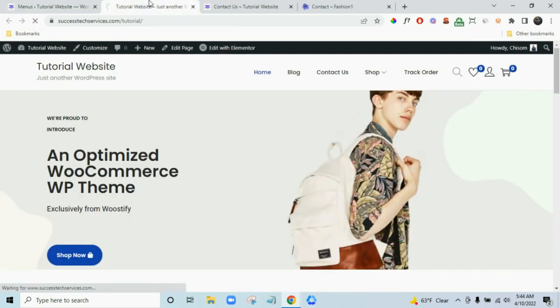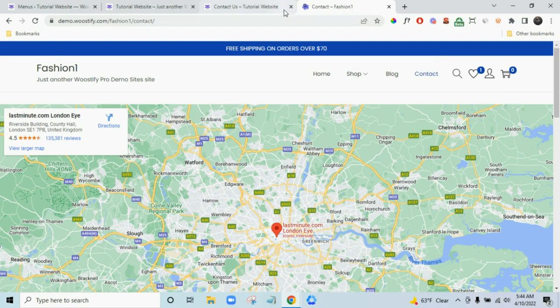Then if I refresh, you see, it makes it a sub of another sub. So that's just an example. Now up next, I want to show you guys how to create footer widgets. So if I scroll down here,